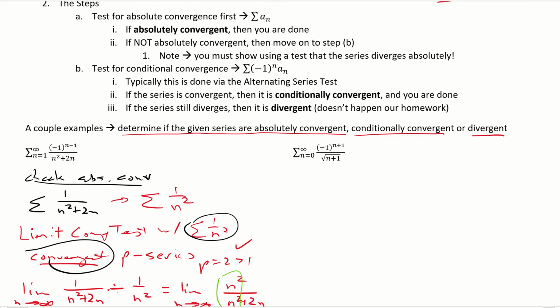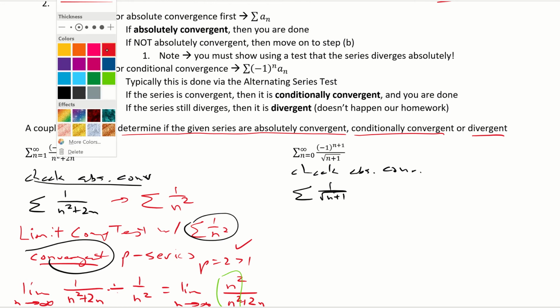We do the same thing. We check absolute convergence. And so we're going to look at the series, but we're going to look at it without the flickering plus minus going on. And we're looking at 1 over the square root of n plus 1. Okay? Well, that looks like, remember this game again? It looks like